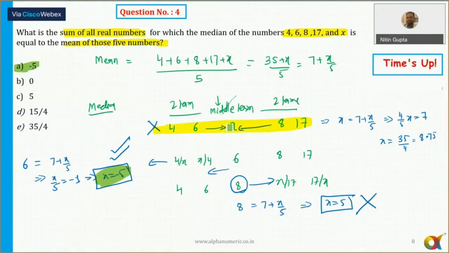Like here, X, there will be always three cases. One of the numbers is X, the other number will be less than what? Like there are three possible medians. One of the possible medians is X, others are 6 and 8, even if the number of terms are, let's say, 9 or 10 or 11. Okay. So in that case also, there are only three possibilities. And it depends on how many terms are missing also. उस पे भी depend करता है. All right.